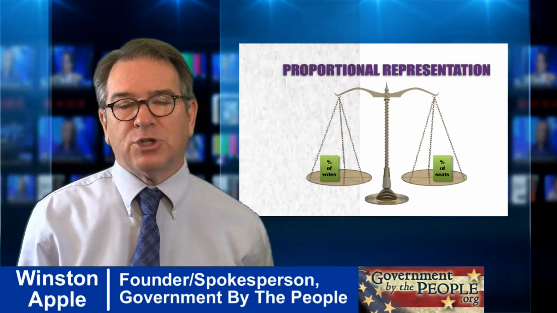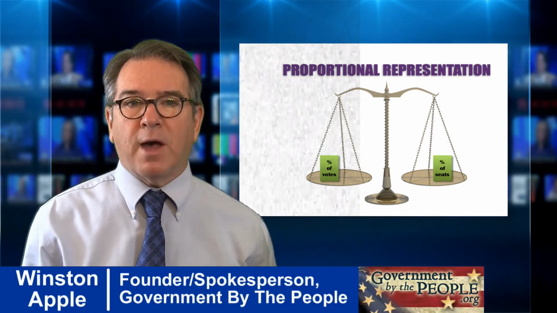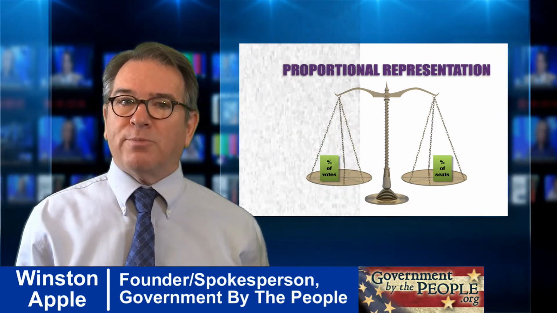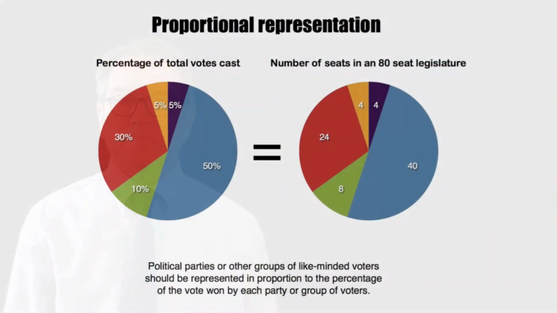Proportional representation is based on the principle that political parties or other groups of like-minded voters should be represented in a legislature based on the percentage of the total vote received by each party. If a party gets 50% of the votes cast in an election, that party should get 50% of the seats in a legislative body. If a party gets 10% of the votes cast, that party should get 10% of the